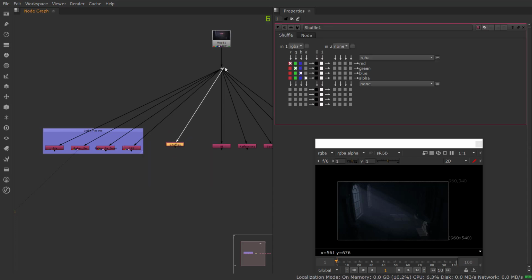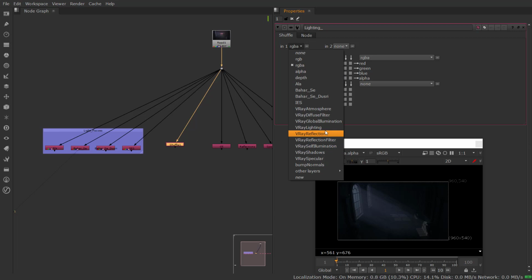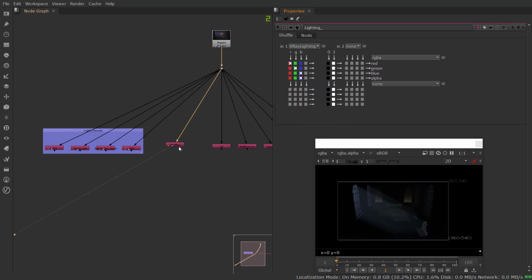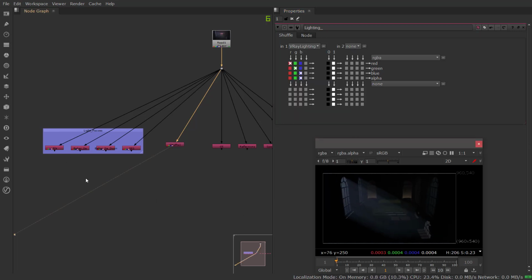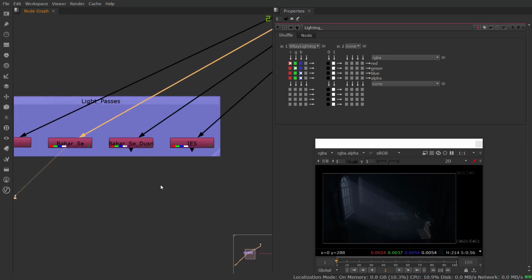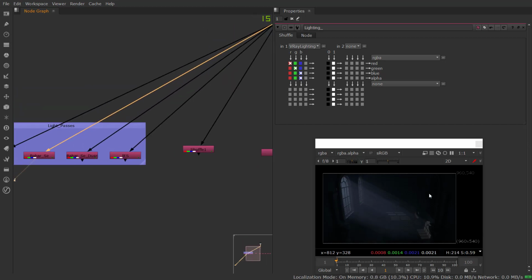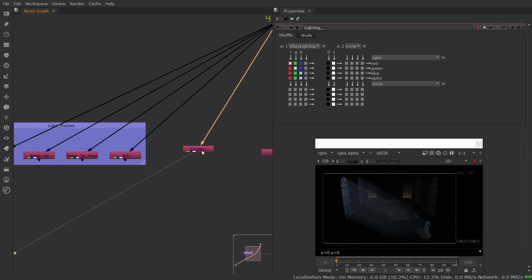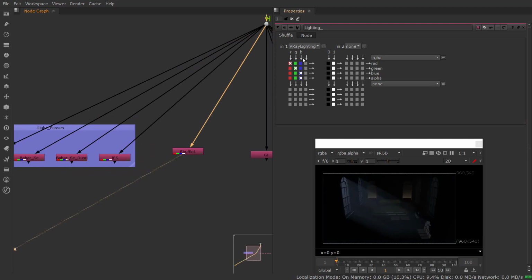shuffle, another shuffle. I'm gonna shuffle out my lighting pass. So this is actually the lighting, but you can see in the full mode of the light select there is also the GI, whereas if you see in this,